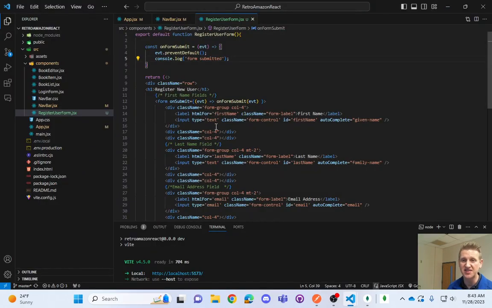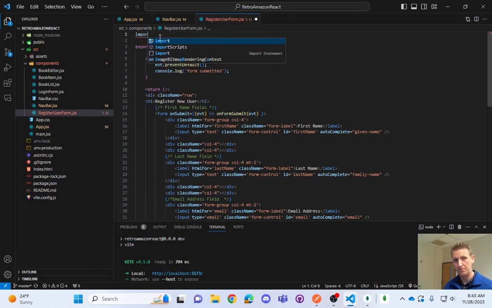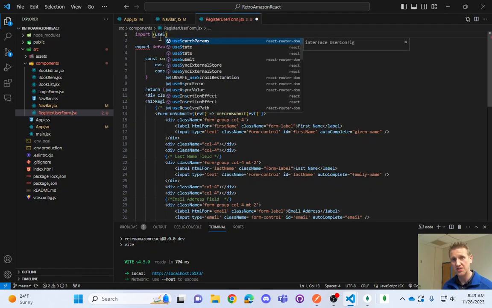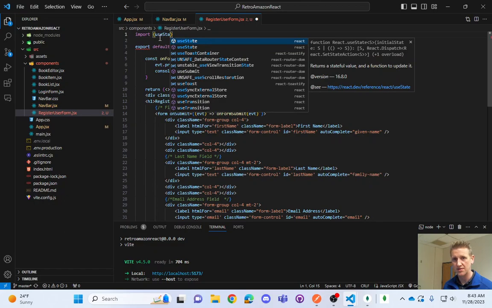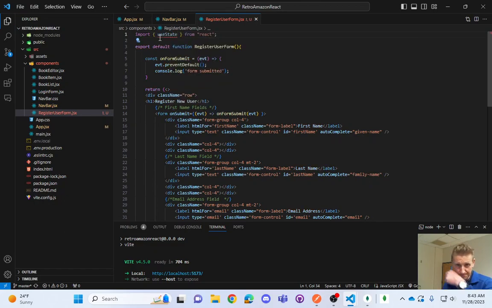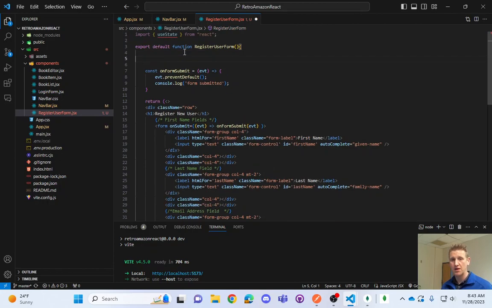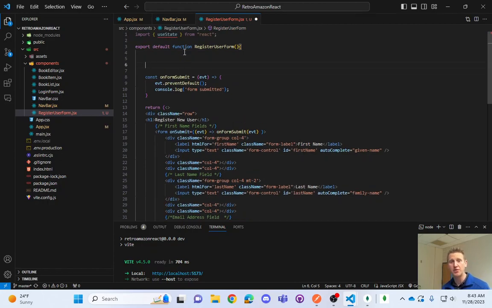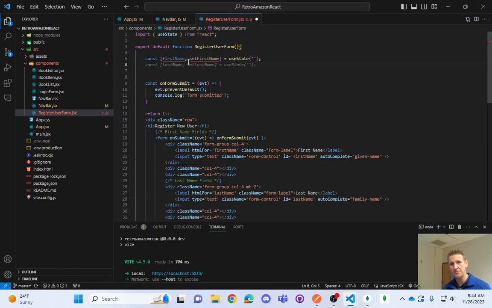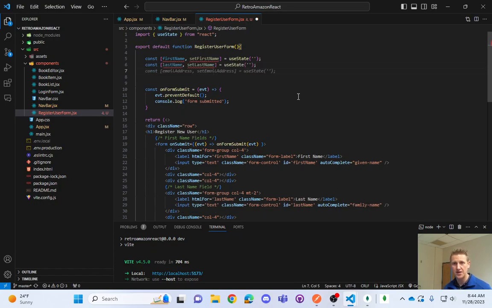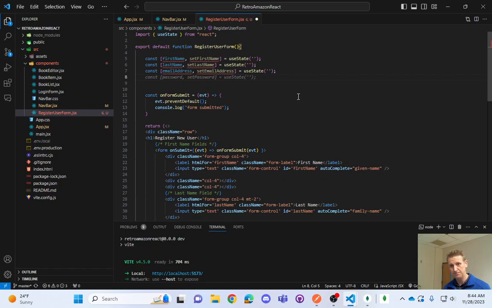So we're going to bring in useState and wire up some hooks for our different fields. And so let's do that. Import useState from React. Your hooks need to be up at the top of your function here, so we'll say first name, last name, email address, password,